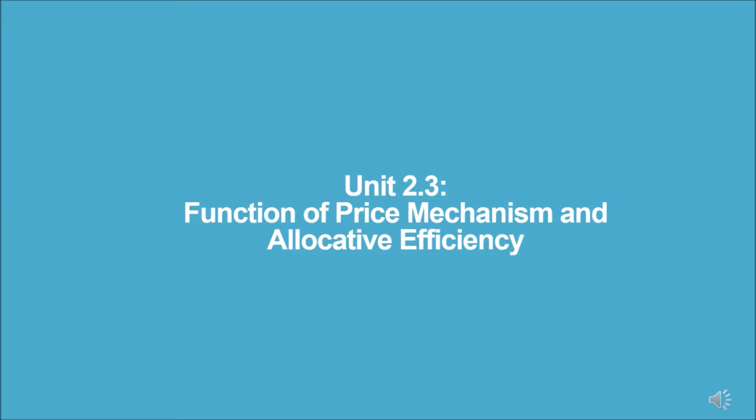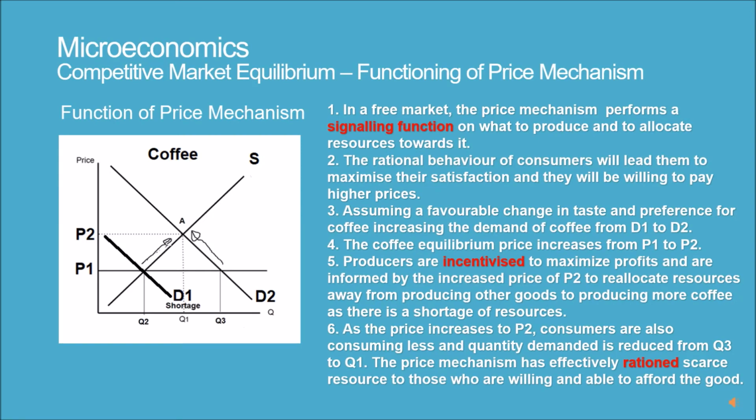Unit 2.3.2. Function of price mechanism and allocative efficiency. Functioning of the price mechanism. 1. In a free market, the price mechanism performs a signaling function on what to produce and to allocate resources